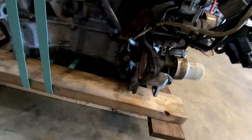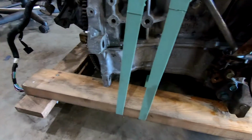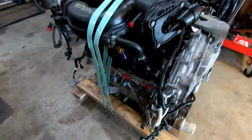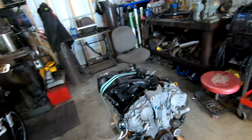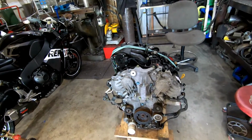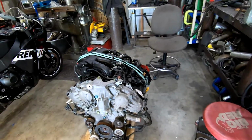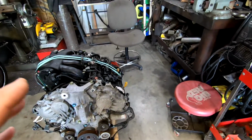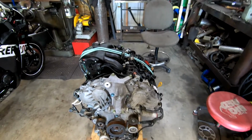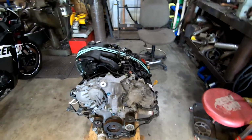And you can see that by the fact that it is actually strapped to this pallet. And that keeps it off of the ground. It keeps the oil pan from getting damaged, and it keeps everything else underneath the engine from sustaining any kind of damage. So now when we go to put this engine in, we've got to put the alternator, the AC compressor, and the power steering pump on it, drop this thing in or raise it up into the car,